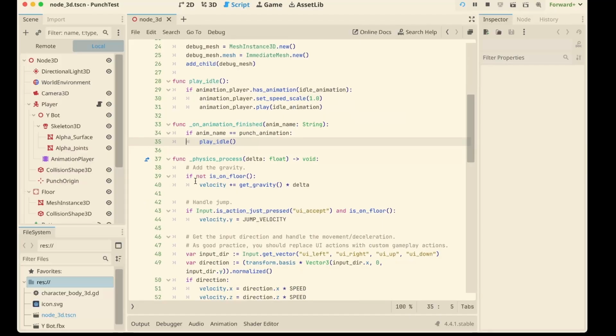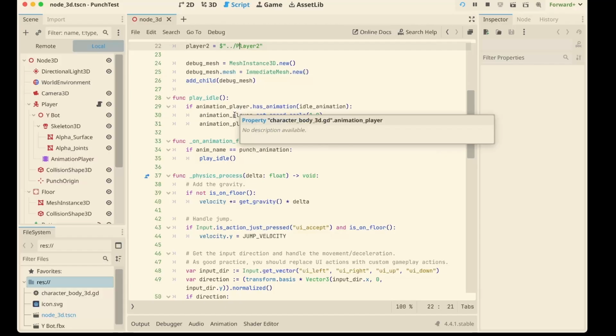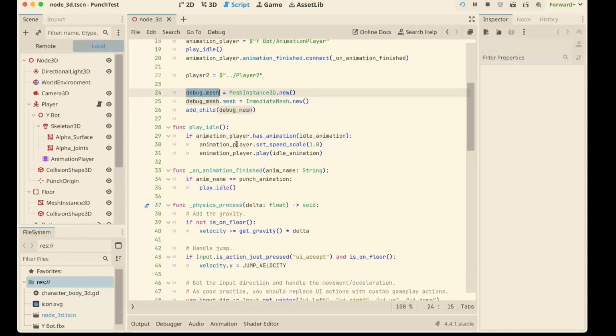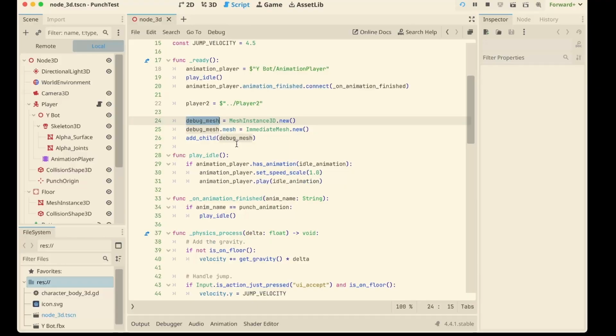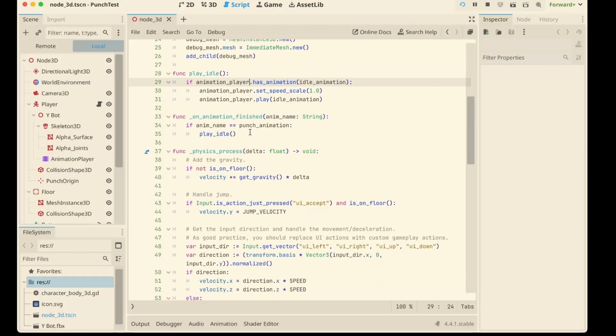Find the opponent: it looks for the other player. Interesting detail, we create a debug mesh. This is a temporary node that will allow us to visualize our punch ray, so we can see exactly where it's pointing. When the player presses a button,